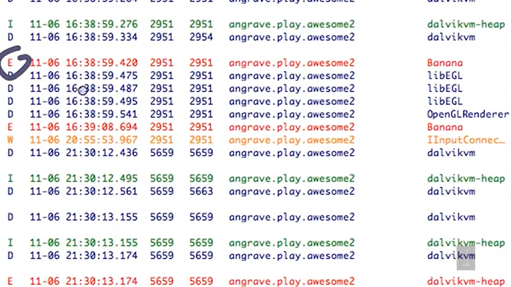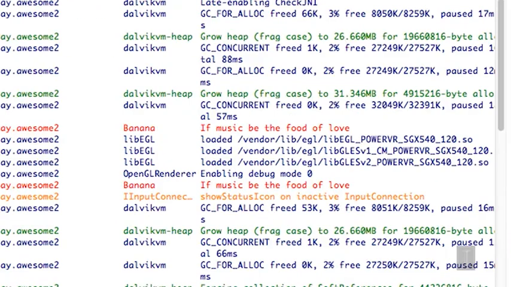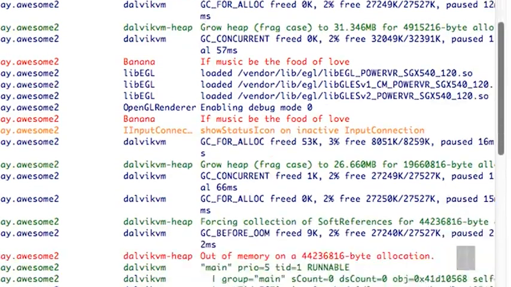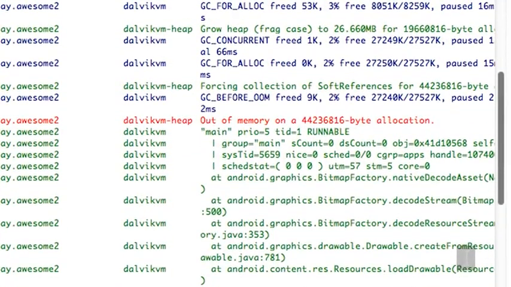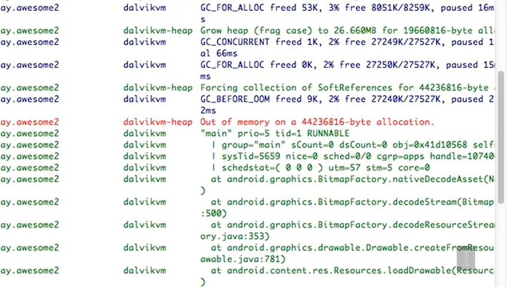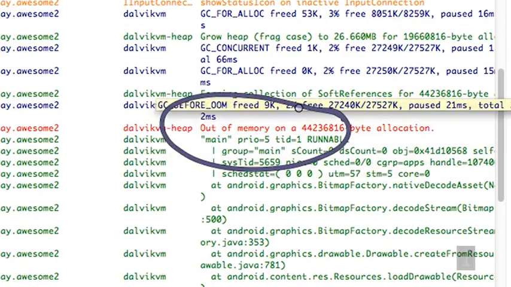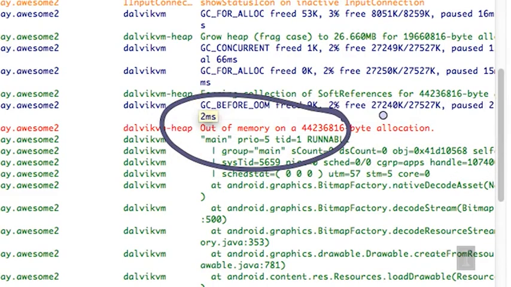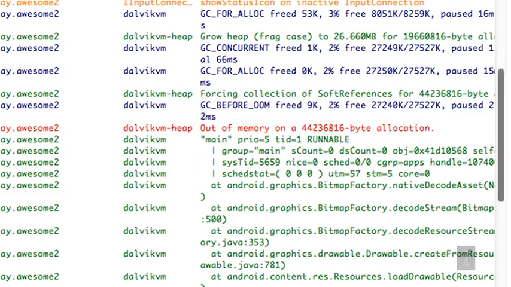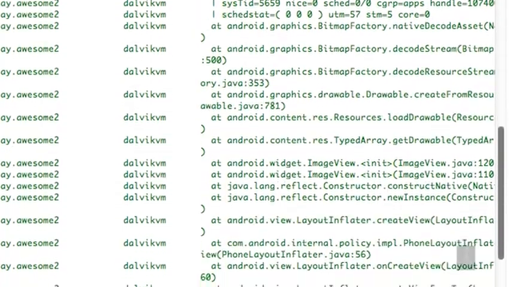But I'm looking right now at the red messages, and great, we have our banana message where we deliberately sent an error message. But the first thing that suggests we've got a bit of a problem here is this message here, this out of memory error message. So all we did was add an image. Why could we be running out of memory? And later on,